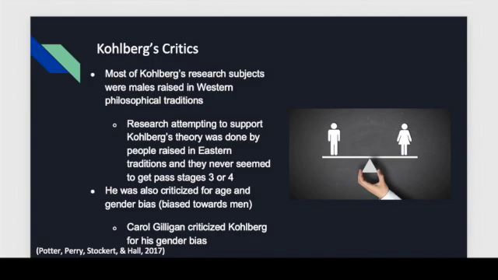The findings may suggest that people from Eastern philosophies have not reached a higher level of moral development, but this is untrue. So with Kohlberg only measuring Western philosophies, it did not allow an easy way to measure those raised in different philosophies. Kohlberg was also criticized for age and gender bias. Carol Gilligan criticized him for his gender bias specifically, especially since his research was done on mainly males. So Gilligan actually focused on moral development from a care perspective that viewed people in their interpersonal communication, relationships, and their concerns for others.